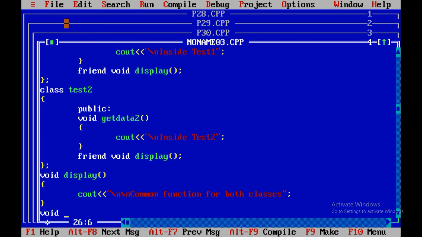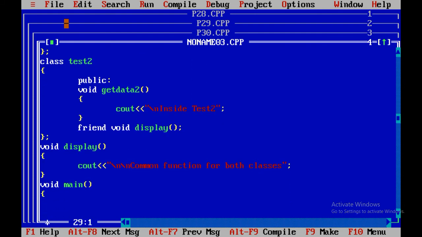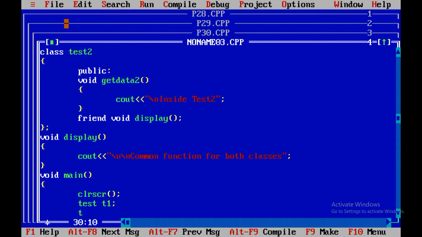Then void main, clrscr and getch. We need to create an object of the test1 class, and again need to create one of the test2 class, t1 and t2.